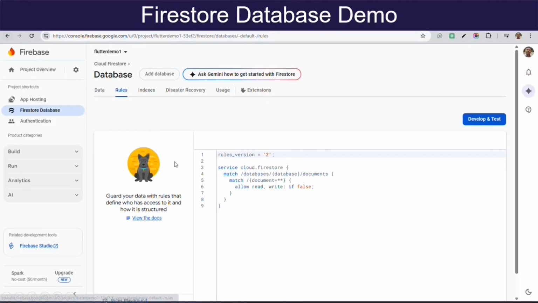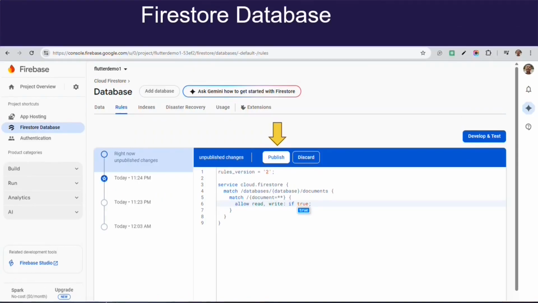Now I want to provide permissions to write into this database. So go to rules in Firestore database, and if you see this rule, write is by default false. So you have to enable write by writing true instead of false. When you type or change that value, it will ask you to publish or discard changes.